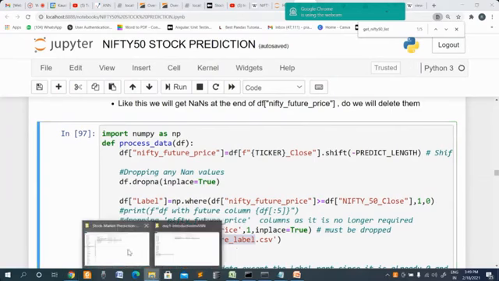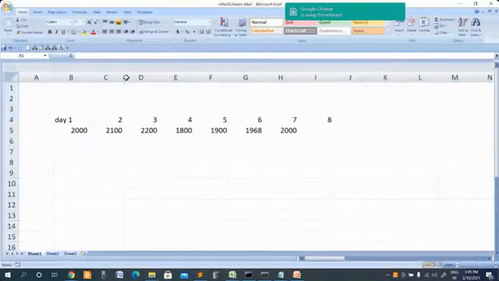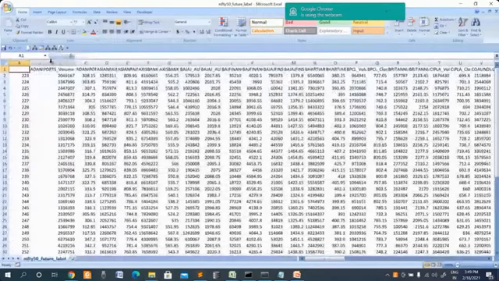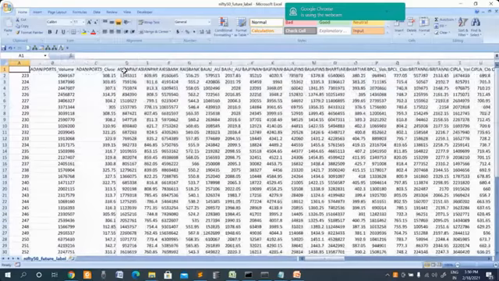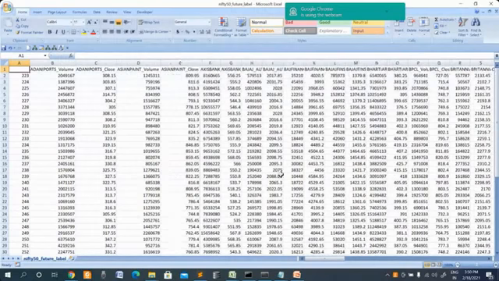So if you look at this, the future label is like this. For each of those particular periods, these are the future labels. This is how the data would be.